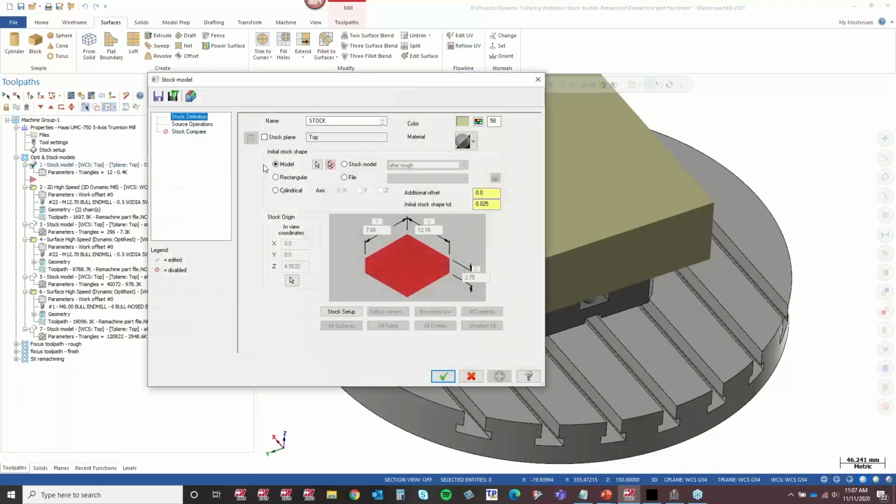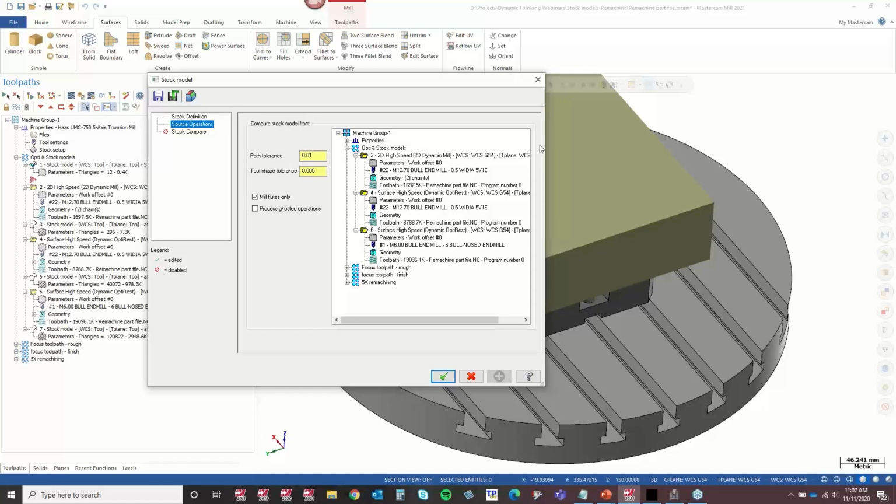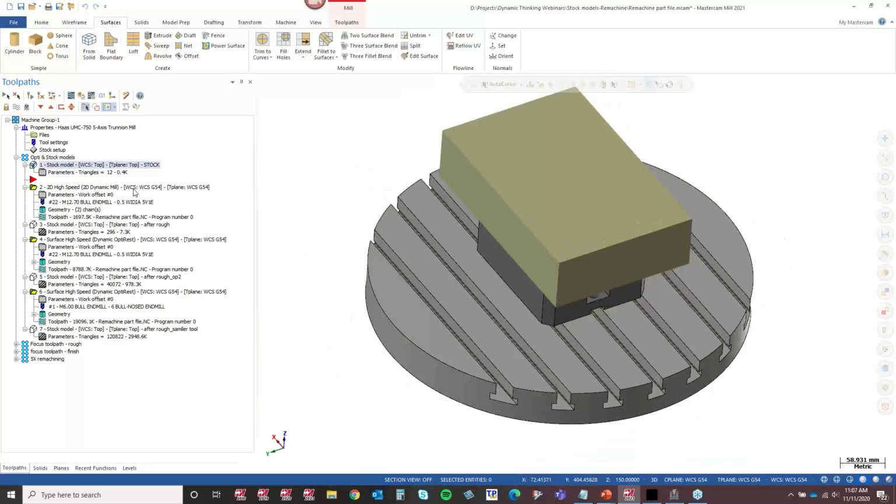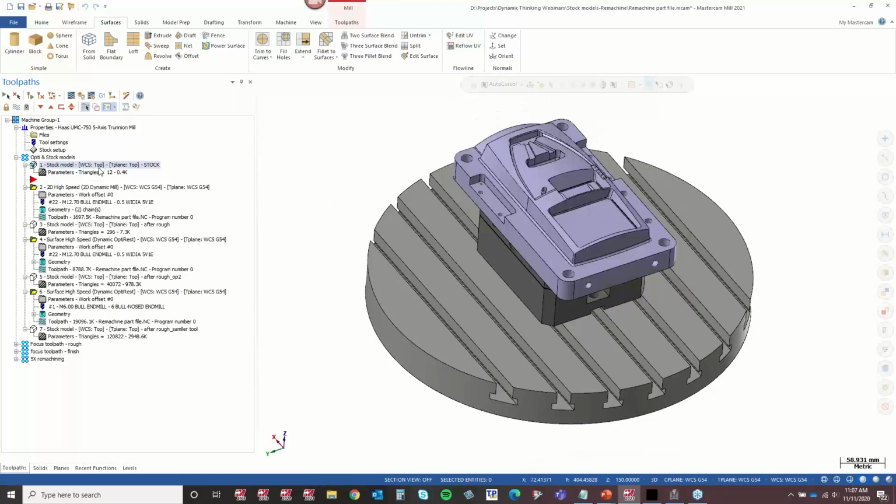What I mean by that is in the parameters, I'll select model and pick that model off that level. And I won't pick anything for source operations. That gives me a piece of stock that I can see really quickly and toggle on and off inside of my ops manager. It's something I have gotten accustomed to, and it's part of my workflow in Mastercam. Whether that works for you or not is something for you to decide, but it's something that you can use.